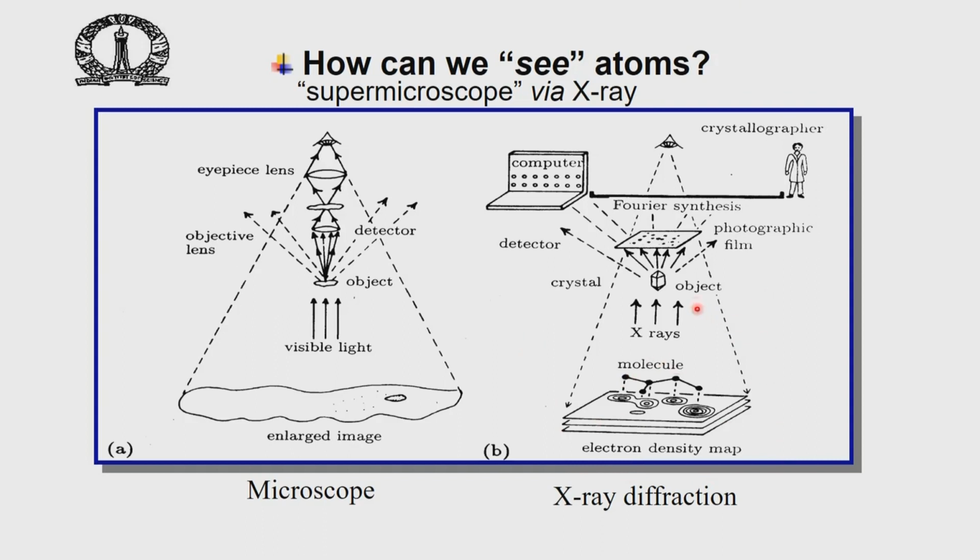So, we have a crystal, the crystal obeys all the rules which we have formulated for the symmetry information, and therefore the scattering occurs in only specified directions. These specified directions can be caught on a screen. It could be a photographic film, it could be a detector. Then we do the image reconstruction through Fourier synthesis after solving the phase problem, and we get the image of the object.